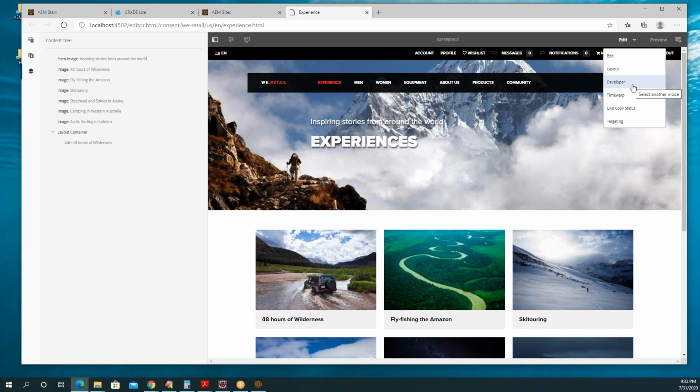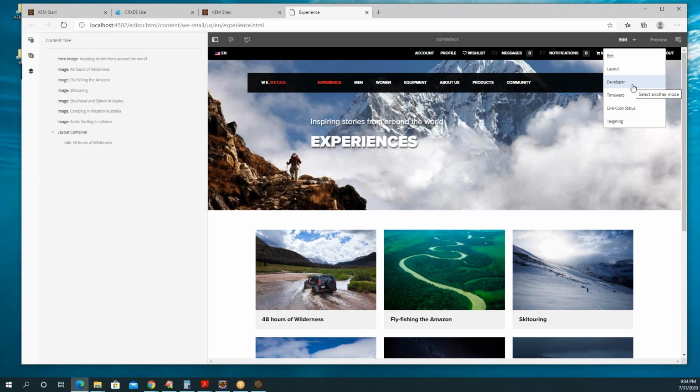Okay. So in dynamic templates, they have introduced a concept of policies. Okay. So in earlier versions, in design mode, we used to enable our components to author in that page. Okay. So in this version, for all the pages which are using a dynamic template, instead of using design mode, we can use policies to enable the components to author on the pages. Okay, so design mode is not there.